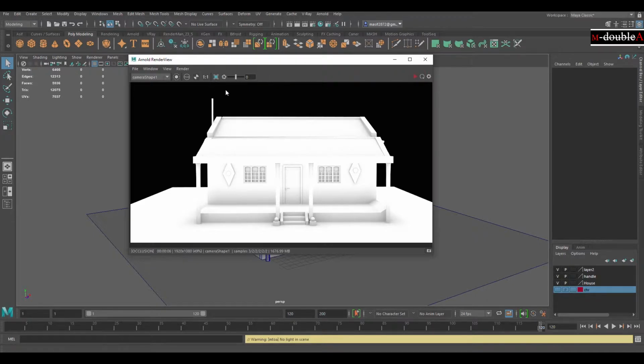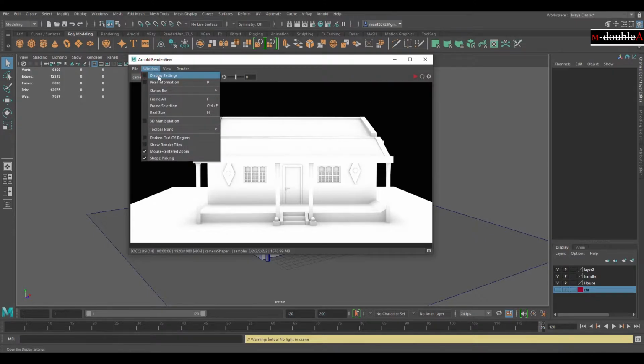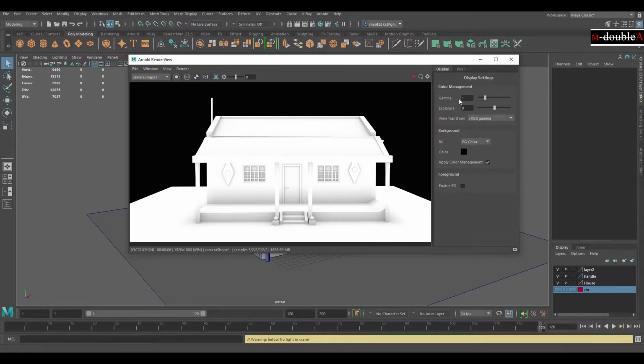Okay, and we need some more blackest areas, grayest areas, more depth. We can also do this. Just click on window and color management, the display setting, and increase the gamma value. Okay, if 0.8, and click on the render button, you can see something different. If we want something with more depth, 0.5, and enter, and then render button. Okay, you can see we got exactly the ambient occlusion look.